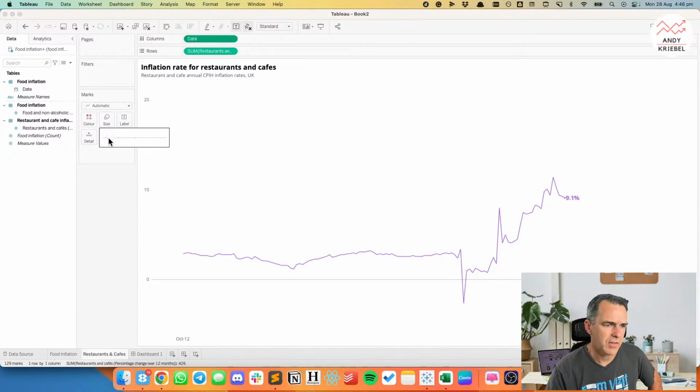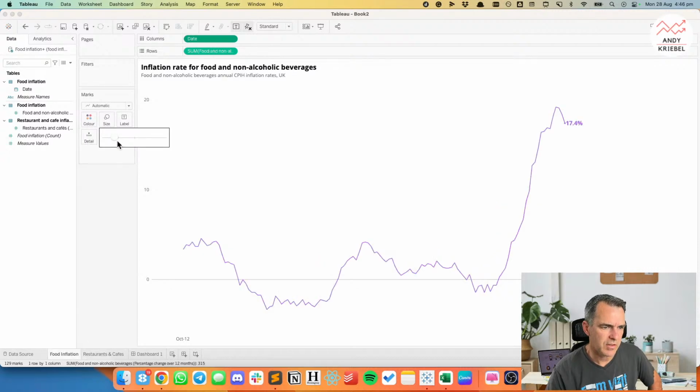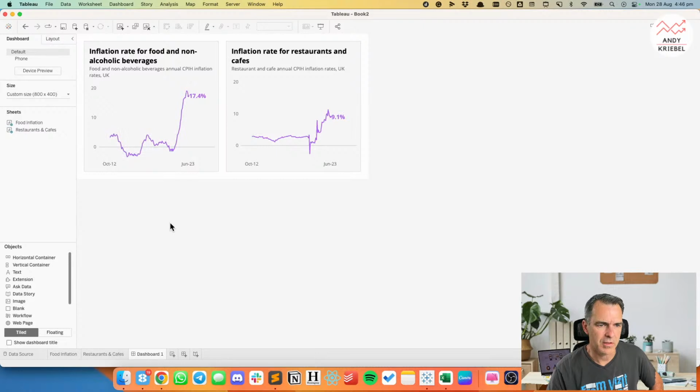So if I click on size and if I increase this size, let's say I just make it like that. Let me go a bit farther. And then I go over to the other sheet and click on size. It moved it, even though I didn't change the size on this sheet. Isn't that annoying? I don't know if that's a Mac bug or a bug in general, but it's an annoying bug.